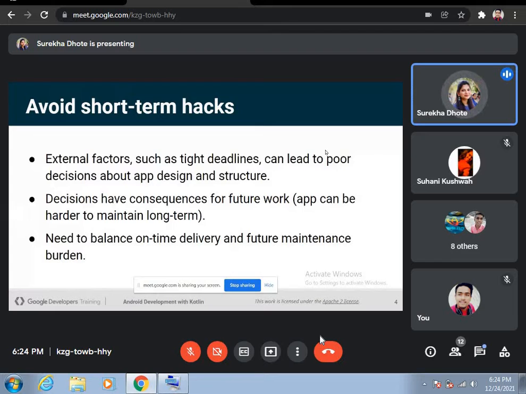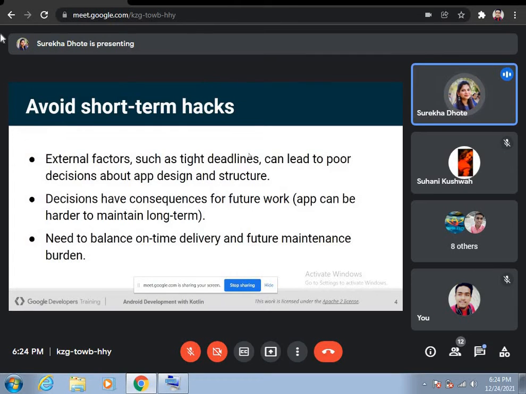Avoid short-term hacks. External factors such as tight deadlines can lead to poor decisions about app design and structure. Whenever we create an app, the first thing that comes into our mind is the UI of our app.